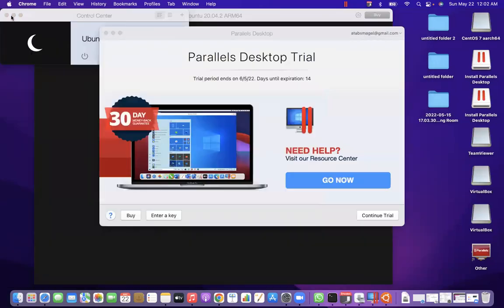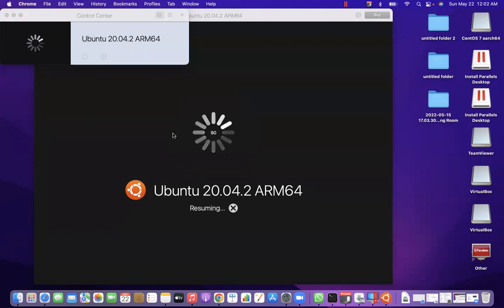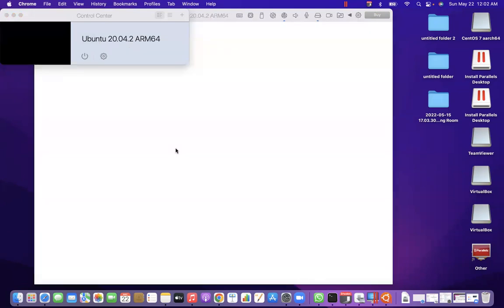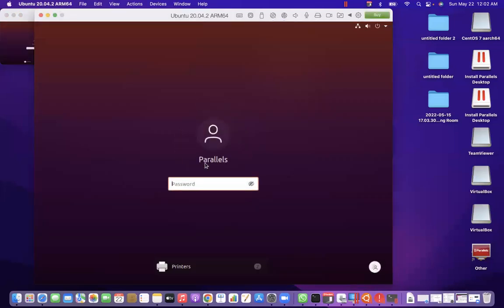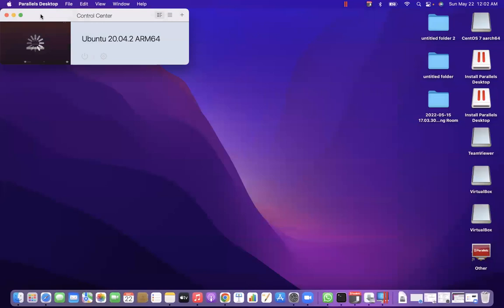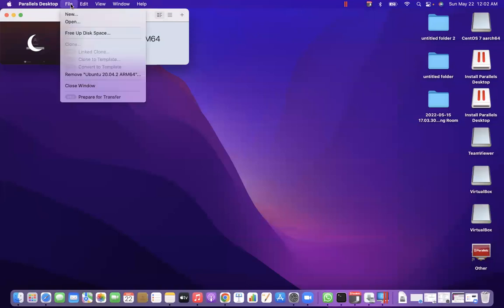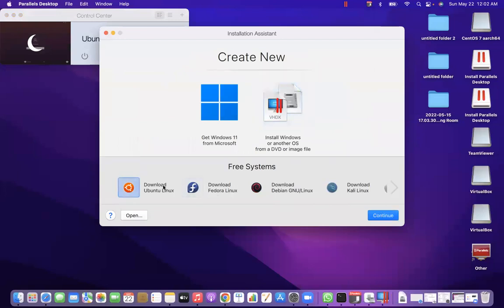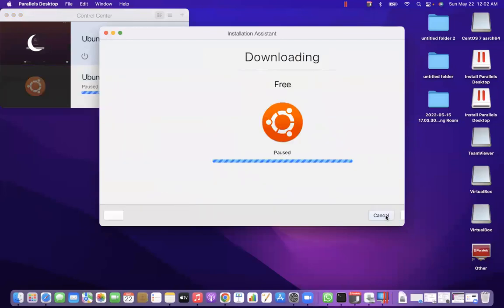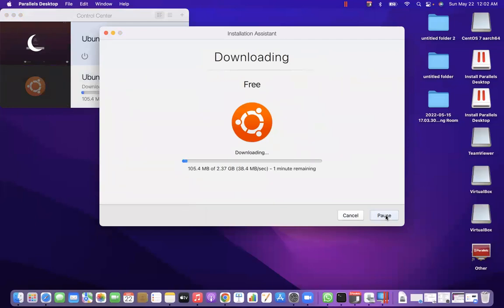Sorry guys. Once the server is booted, this is how it will look like. Now, it will ask, you know what? Let me just close this and let me just create a new one, although I already have it, but that would not make it work easy. Download. So once this is downloaded,